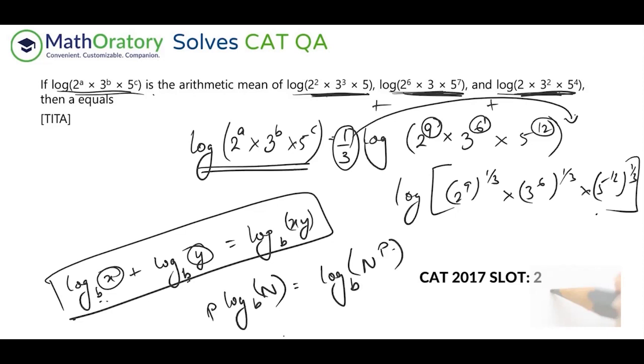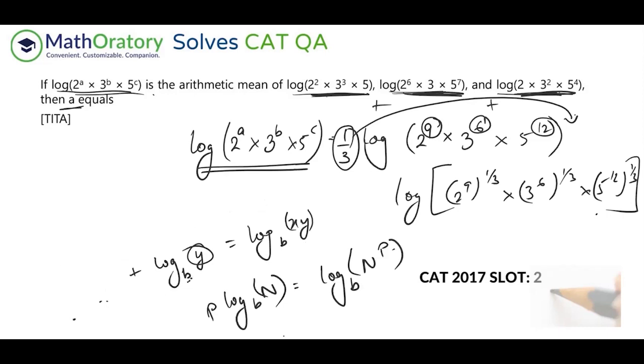Now, check the relevance also. I mean, this is just an explanation, so I wanted to elaborate a little bit on this. But the objective is to find the a, right? So we don't care about the b and the c. So the three's power and the five's power are irrelevant. The only thing that matters is two's power. So if I just take this thing off, just give me a moment.